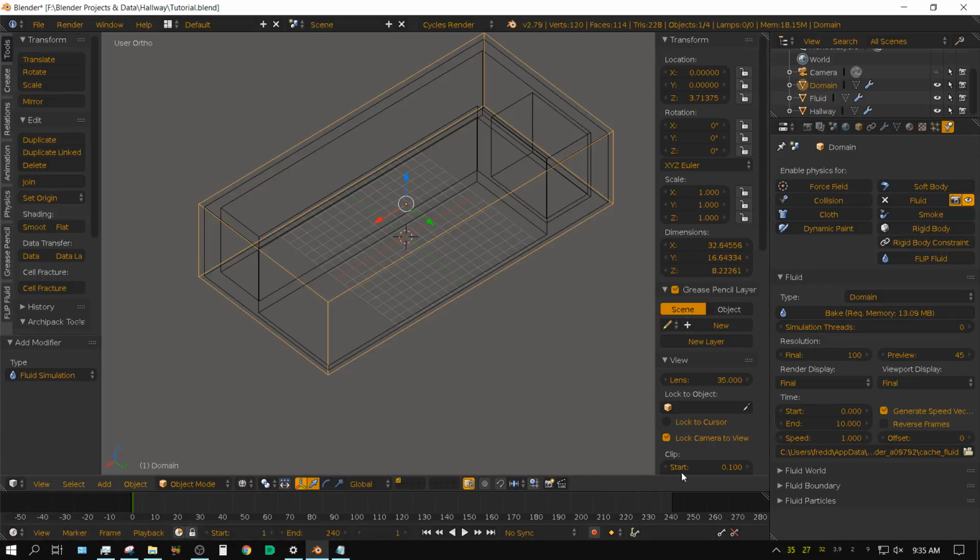That means that I can have this go up to like 13, and then this start at 3, and that means the first 3 seconds the fluid will not do anything, and then the fluid simulation will start 3 seconds into the simulation, if that makes any sense.